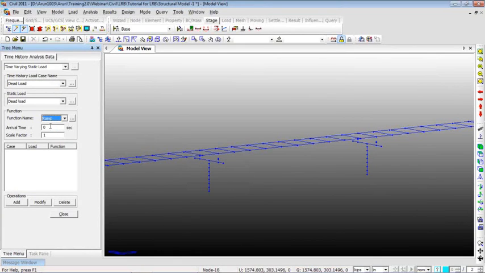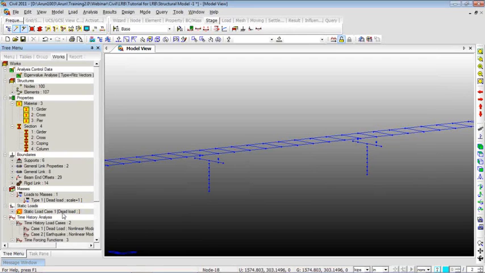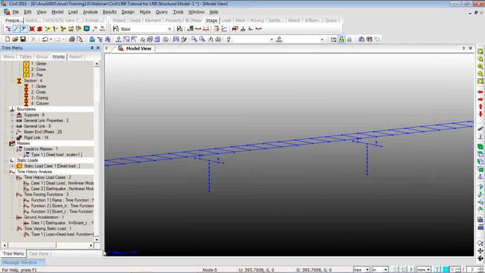So this is through the function ramp that we define, and then click add and then click close. So in this manner we have completed the definition of the time history load cases onto the structure, and now